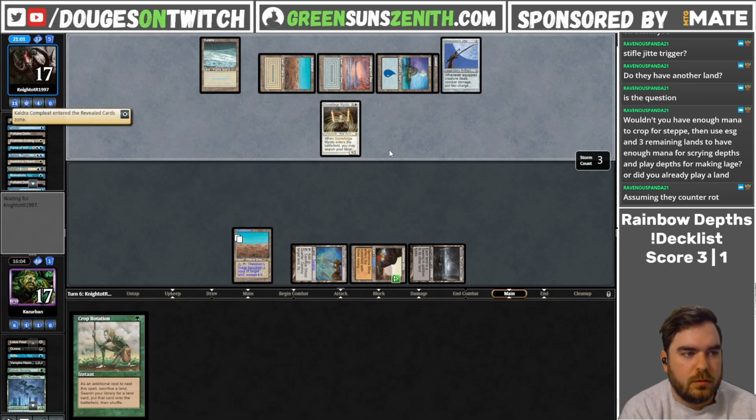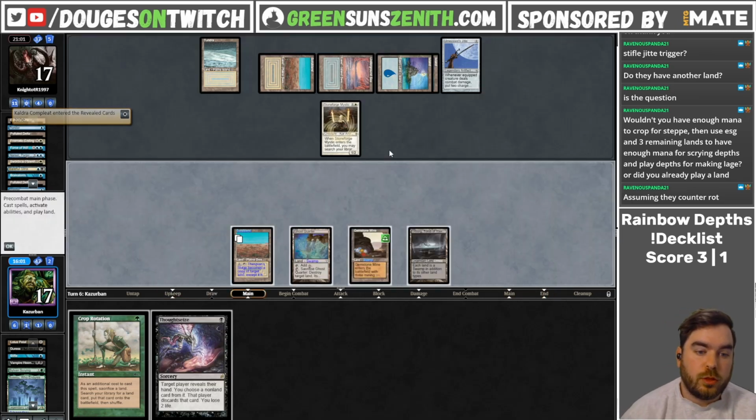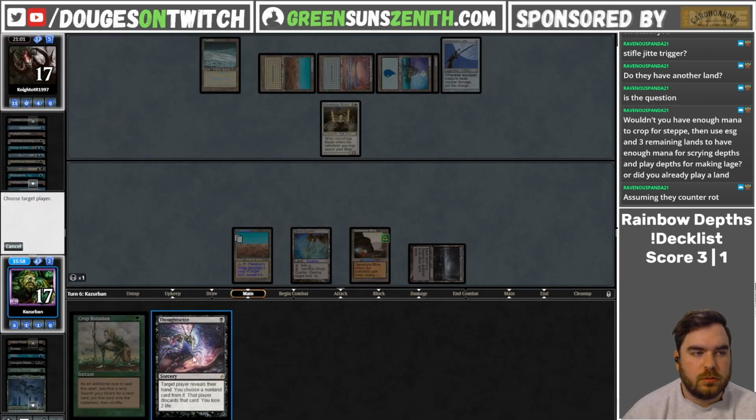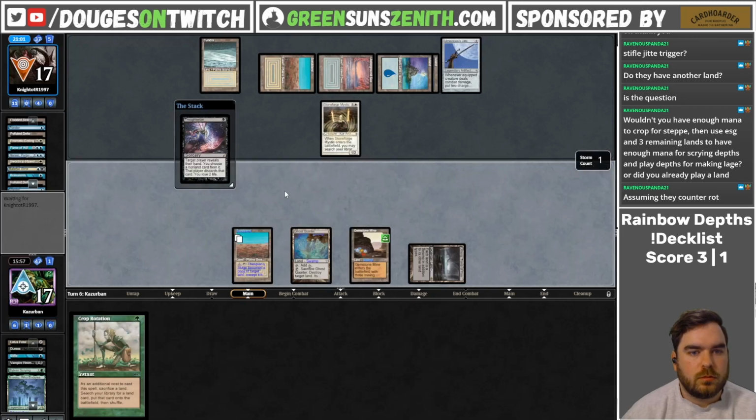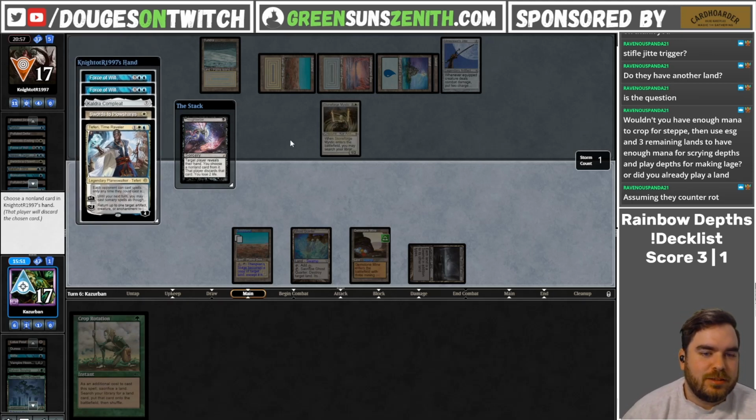Esper Stoneblade. Kaldra's a really nice way to close the game out. Oh, Thoughtseize is pretty nice though. Yeah. Yeah. I mean...